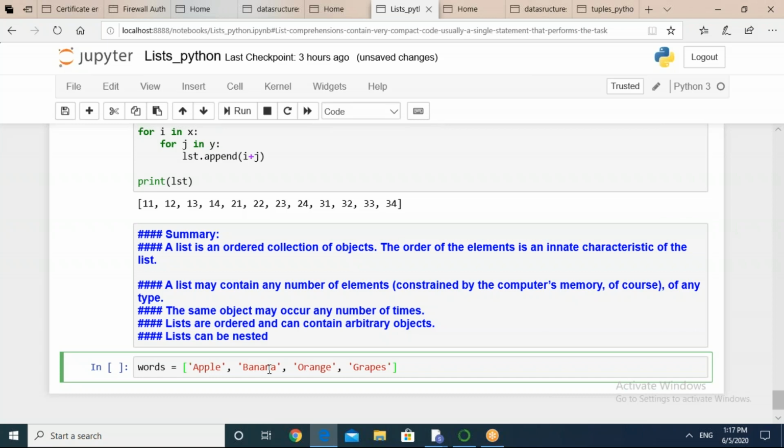This is the input list with us, and my question is, write a program in order to retrieve the first character of each individual item in the list. Listen again. I have an input list, words, which contains some strings. I want to create another list by fetching the first character from each item in the list. Is my question clear to all of you?